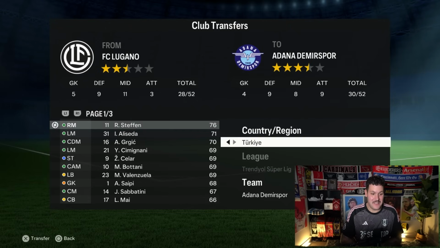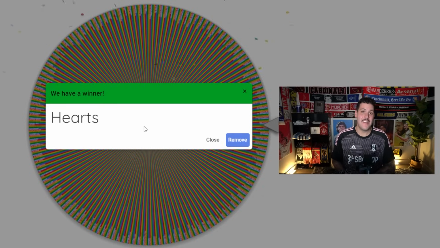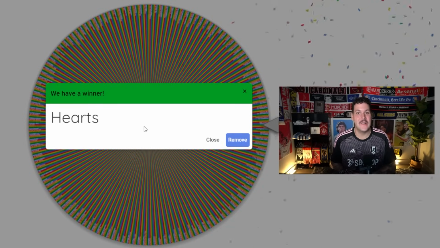Atalanta, that's a nice little pickup here for them. 76 rated right midfielder in Stefan. And Atalanta's push through Switzerland continues. Hearts, it has been a long time since we've been to Scotland. All right, Hearts,